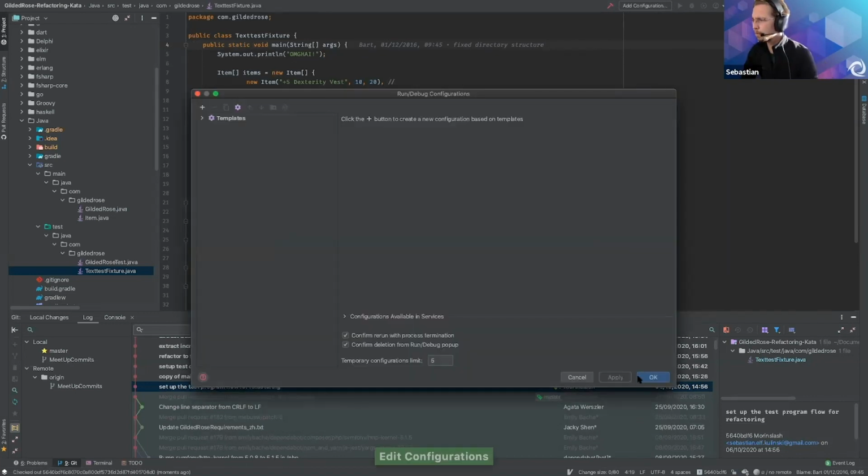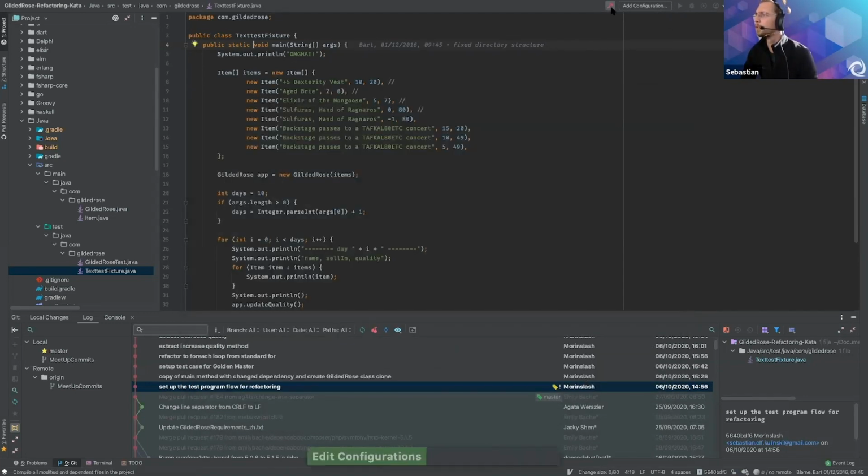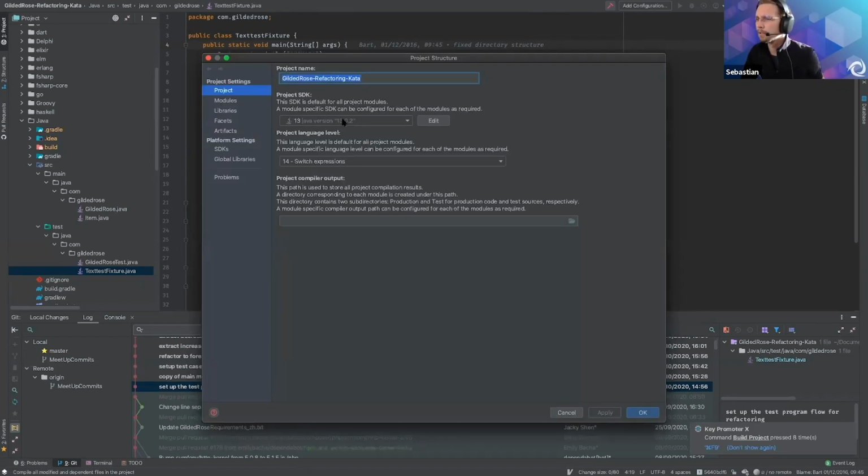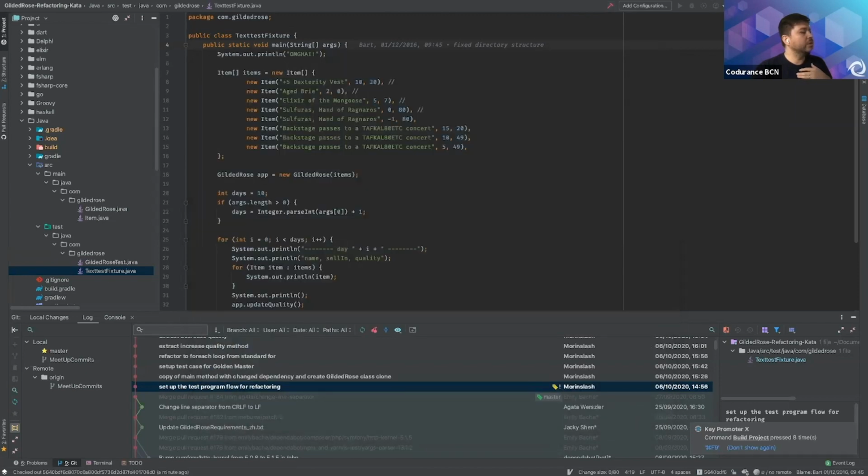Yes, something broke for some reason. Really sorry for that. You can re-import the project maybe. Where is the Gradle? Sorry, I was working recently on something different.